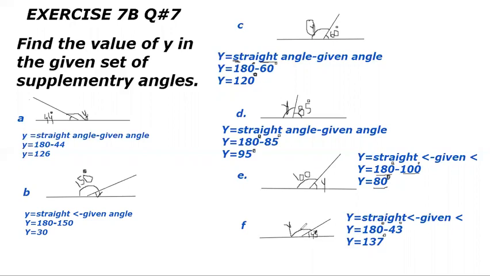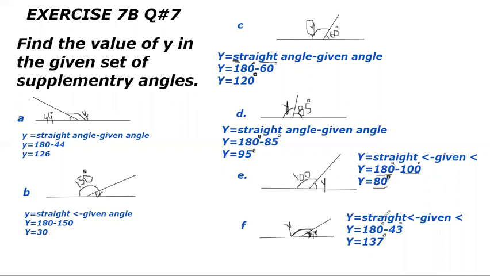Similarly, in F part of the question, this y is unknown angle, and this is 43 degree. This angle is 43 degree. It's not 143 degree. It is looking like 140, but it is only 43 degree, right? It is 43 degrees is given angle. We have to find unknown angle y when the given angle is 43.